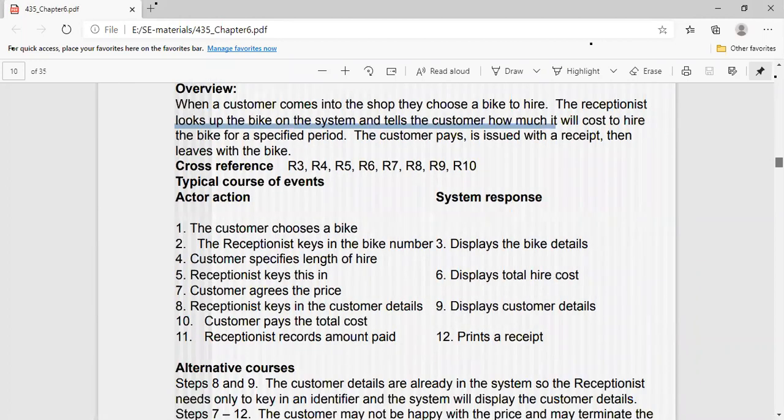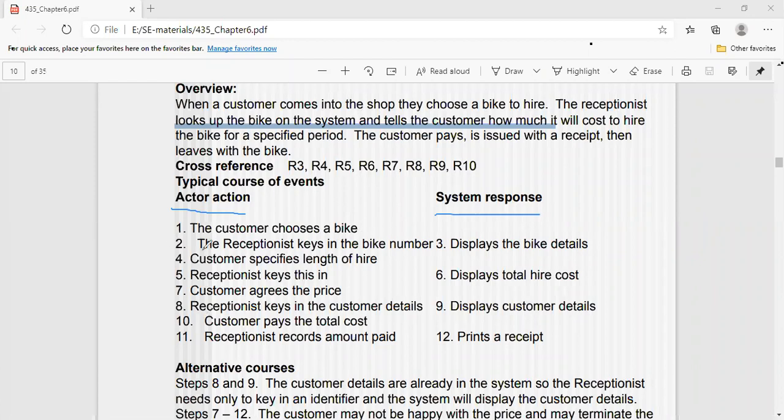So with that, here we are having the actor list, the actor actions and also the system responses. Suppose you have an actor, which means the receptionist role. In the previous slide we discussed that first of all you should list out the functions of an actor. So these are the functions of the actor, these are the system responses. Clear? This is the representation for that.